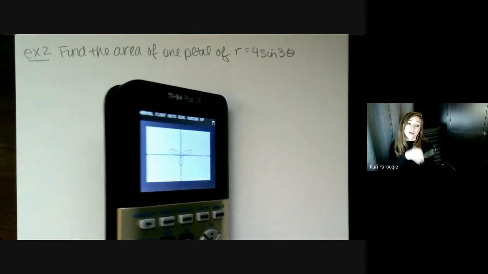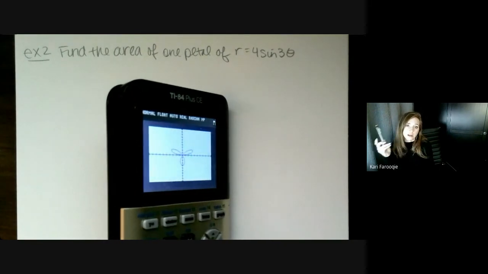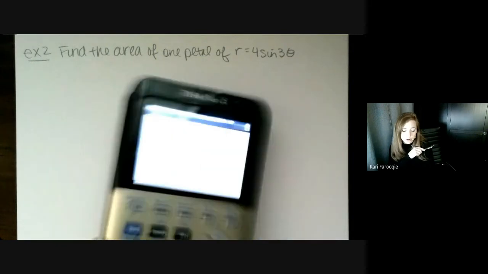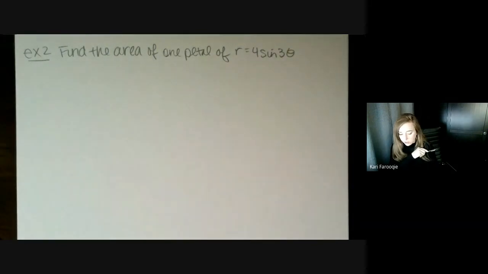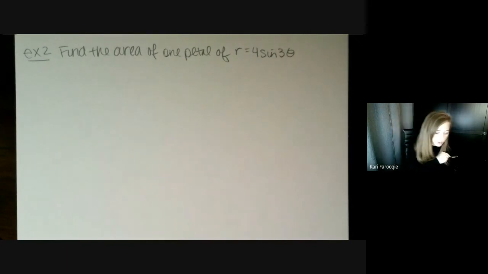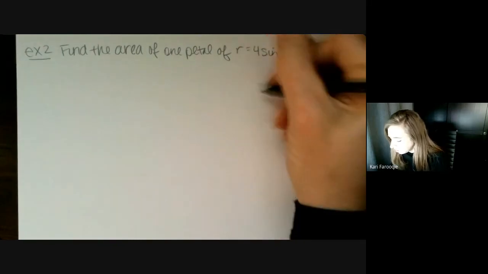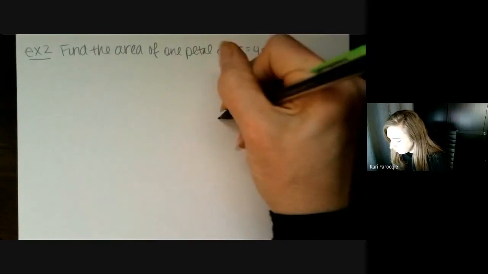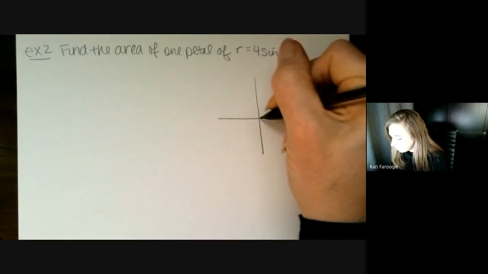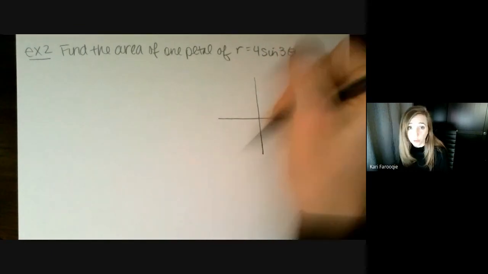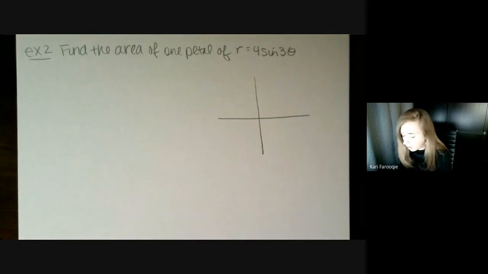Okay, so what we're going to do is we're going to figure out how to find the area of one petal. There are a couple of different ways of doing this. But what I'm going to focus on is what we did in the last example of the last lecture, the one where my internet cut out. And that's what we're going to be finding here is places where this particular petal, whichever one we choose, kind of starts and stops.